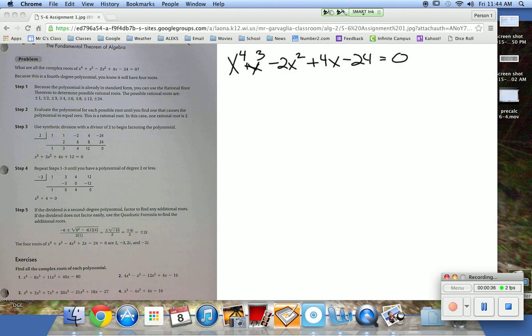All right. To be able to figure out, remember how we figured out possible roots for these? We take a look at the coefficient out in front here. Since there's only one out here, we're not going to worry about it. We're just looking at the constant of 24. So we factor out 24. 1,